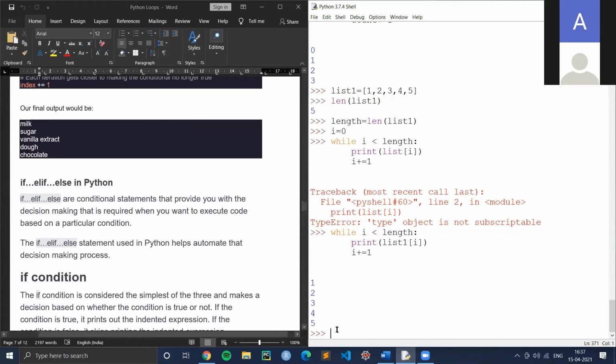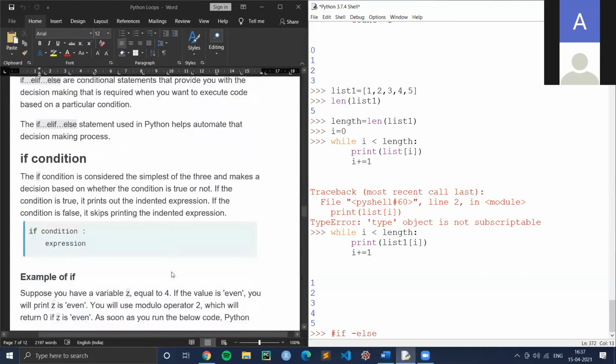As I said, what are conditionals? You provide a condition. If that condition is true, it is going to print a certain value, else, or otherwise, it's going to print something else. So these conditionals are nothing but if else statements. For those who know C programming, they would know if else, and then you have else if, right? That is nothing but elif here. I'll quickly move into that.